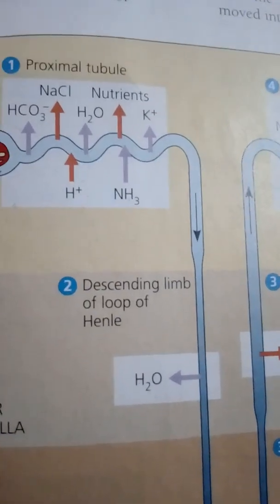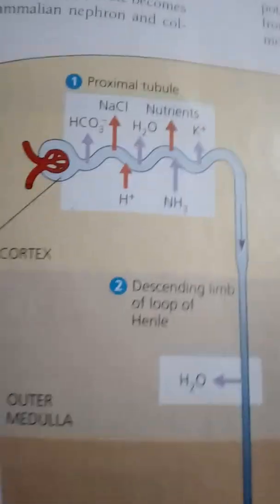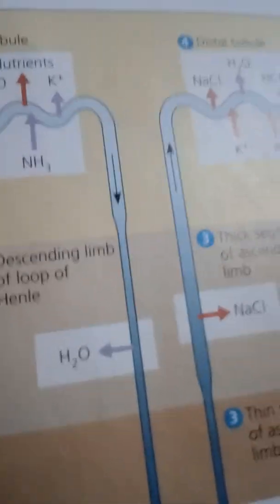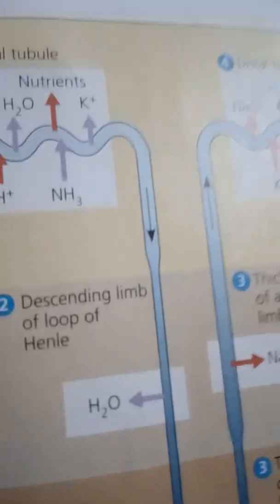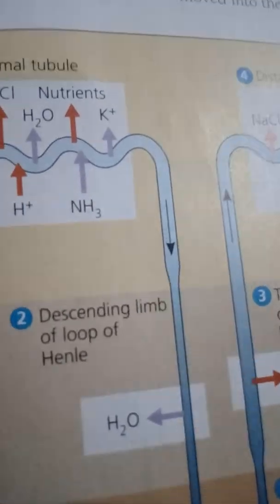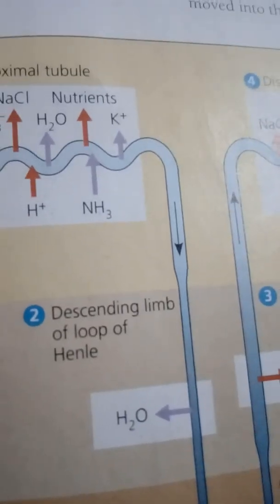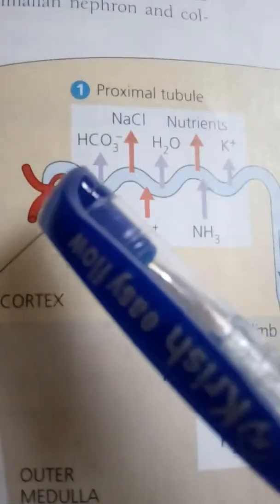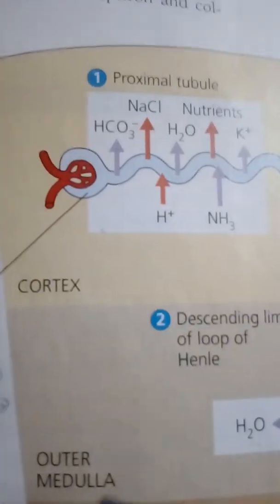From blood filtrate to urine, a closer look. Notice that in this section we will concentrate on how the filtrate becomes urine as it flows through the mammalian nephron and collecting duct. The circled numbers correspond to the numbers in this figure. 1. Proximal tubule. Secretion and reabsorption in the proximal tubule substantially alter the volume and composition